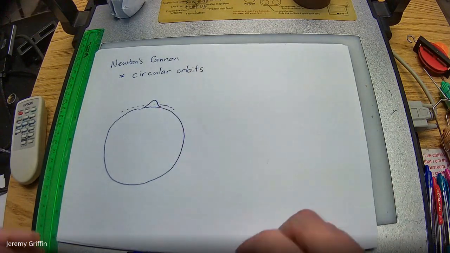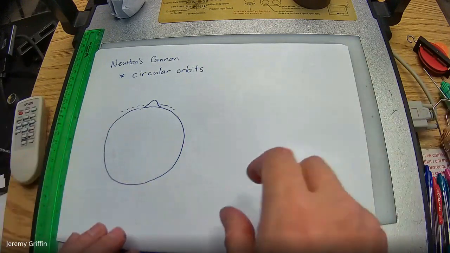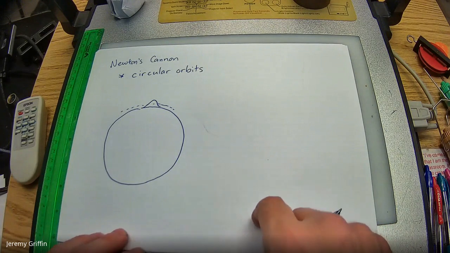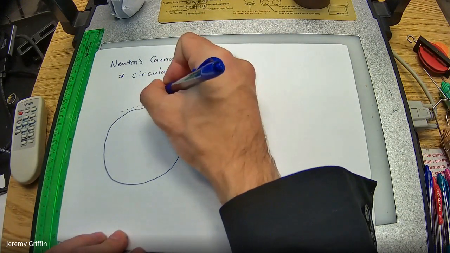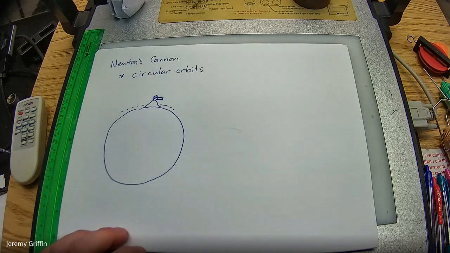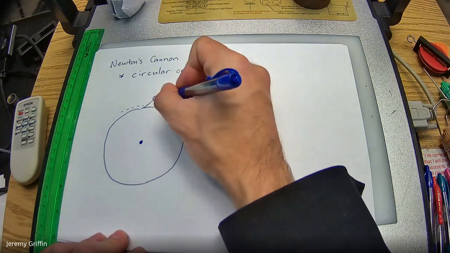You ever heard that if the Earth was the size of a basketball, and you covered that basketball in plastic wrap, that plastic wrap is about the thickness of the atmosphere? So it's pretty thin in the big scheme of things. But back to Newton's cannon, we're going to park a cannon right on top of that ridiculously tall mountain that's above the atmosphere. So we're above atmospheric drag. And we're going to start firing cannonballs.